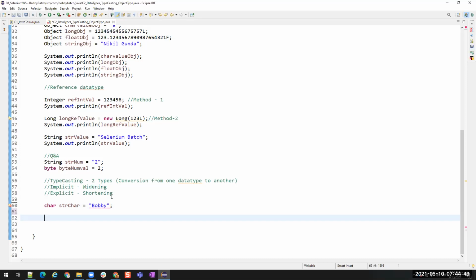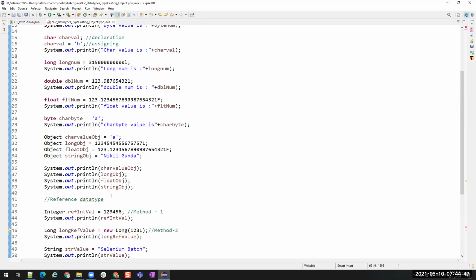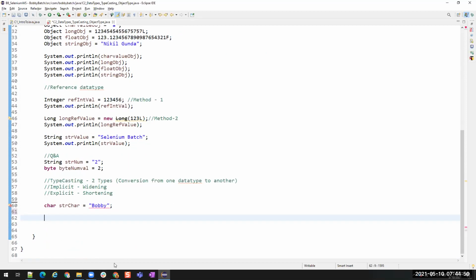I can do this: int char is equals to... you see, it is able to convert this character into integer, but it is unable to convert a string to character.